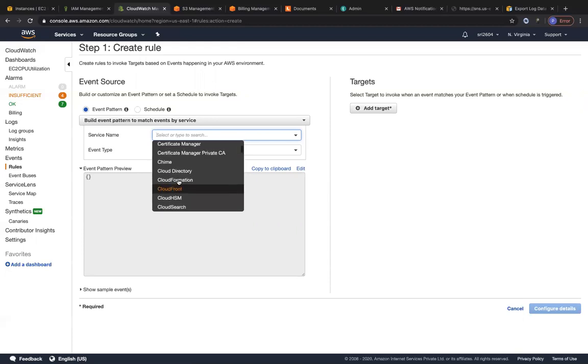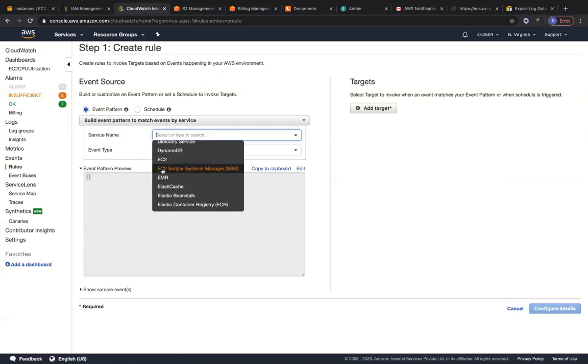The most exciting thing is regarding a console sign-in. This is pretty cool, because if an IAM user does a console sign-in into this AWS account, I'll be able to even send out a notification to the administrator specifying that that particular IAM user has signed into this AWS account and so on. And you can also monitor certain services like auto scaling. Even EC2 should be a supported service. So yeah, EC2 is a supported service.